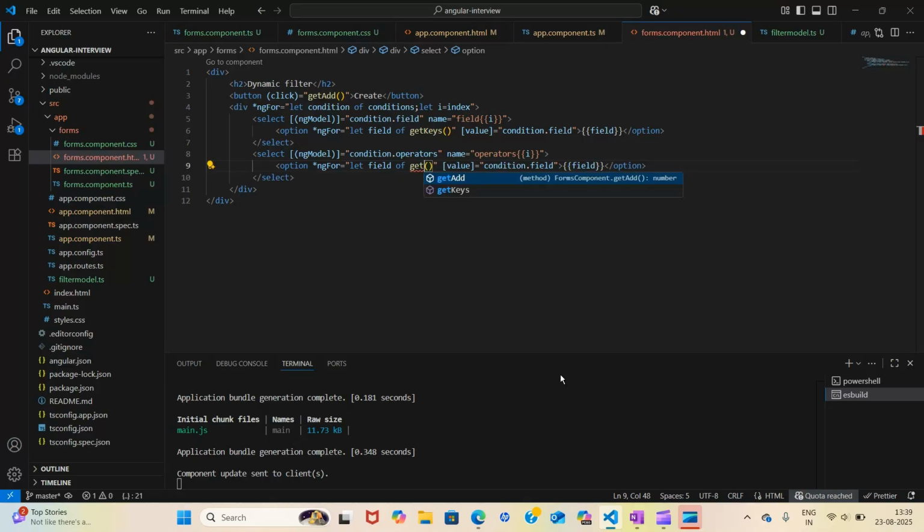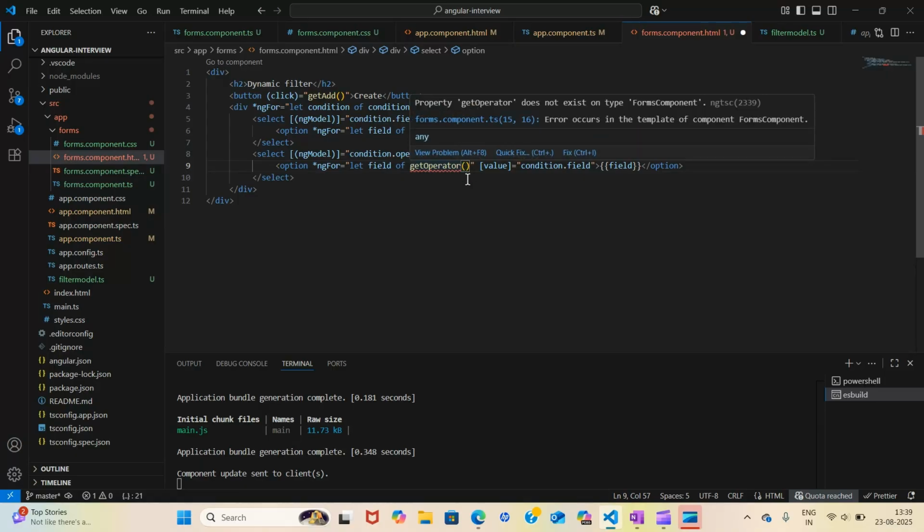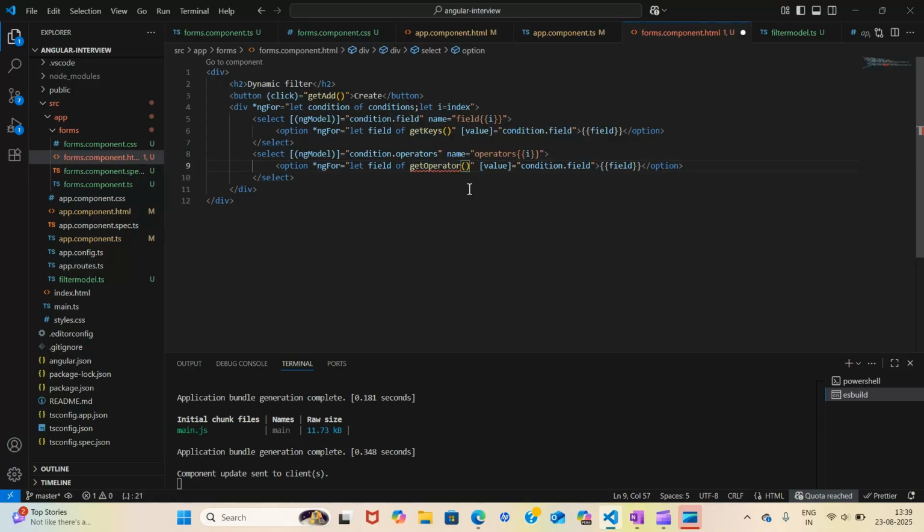and create one function, get operator. And now I said that each field has a different list of its own operators. So here we should know which field is being selected. So for that, I want to pass condition dot field over here as an argument.